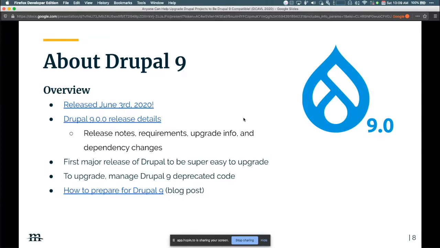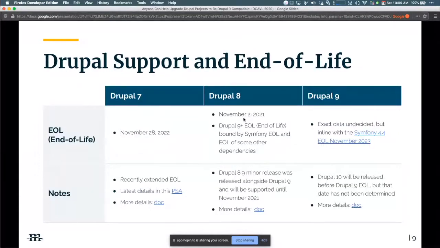So that's awesome. And so let's jump in a little bit about the different versions of Drupal, recent versions at least. So Drupal's been around a while, but I'm just going to focus on Drupal 7, Drupal 8, Drupal 9 for now, with a brief mention of Drupal 10. So we're always planning ahead.